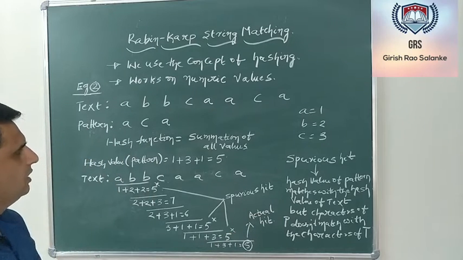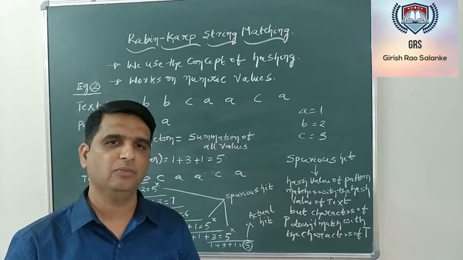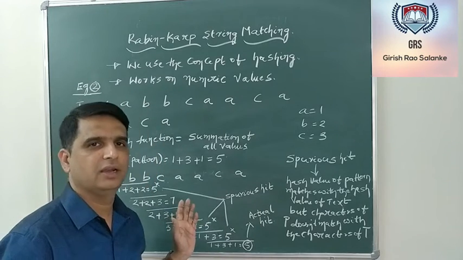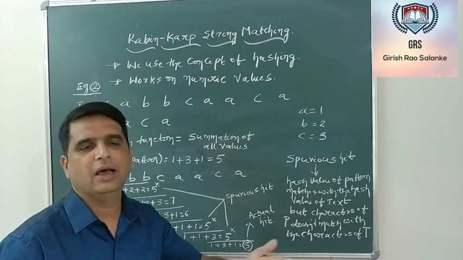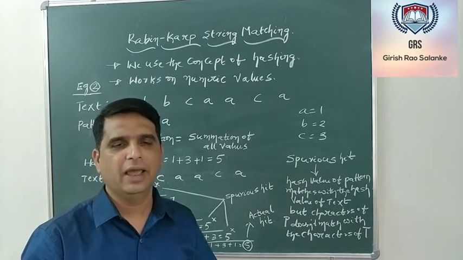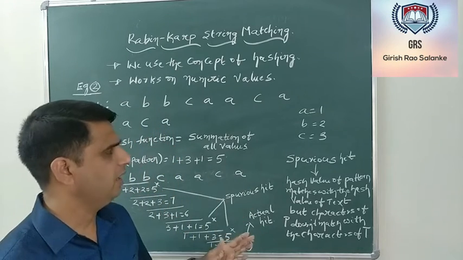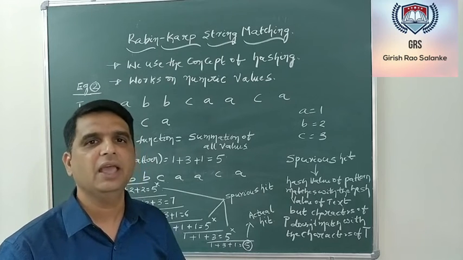So please note that if I use the same principle as what I used for my earlier example, it does not work. So we will go a little further and modify this example a little bit, so that I come up with a new way of generating the hash value.